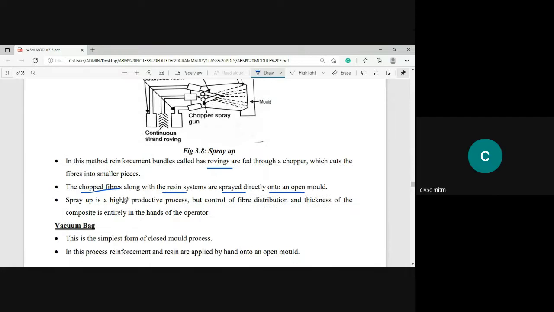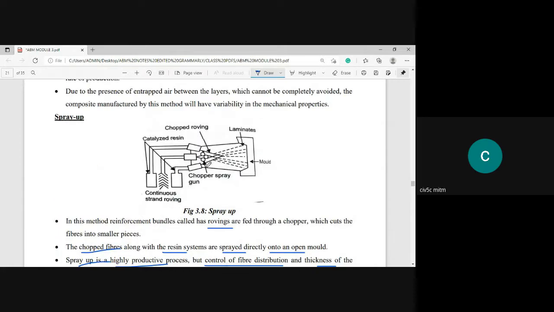Next, spray up is a highly productive process, but control of fiber distribution and thickness of the composite is entirely in the hands of the operator. That means, as I stated, it is completely hand operated. Once again, it is a manual method.